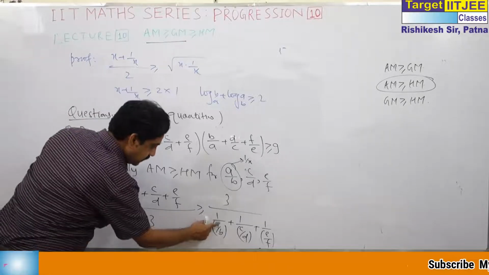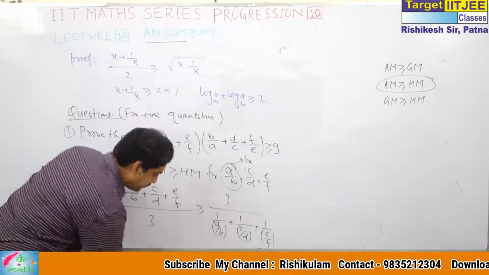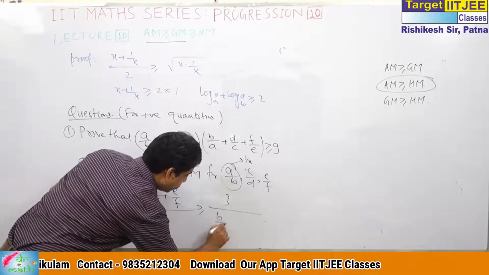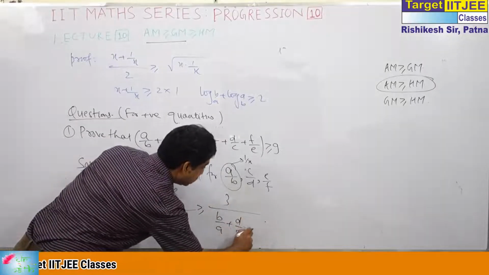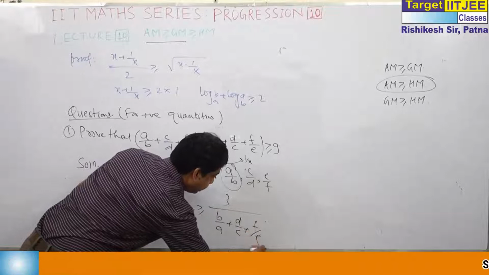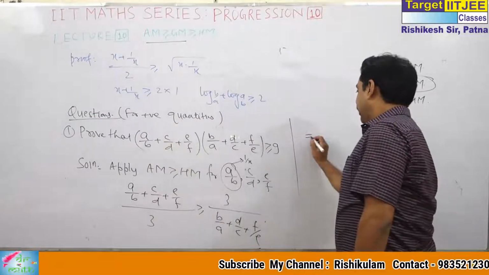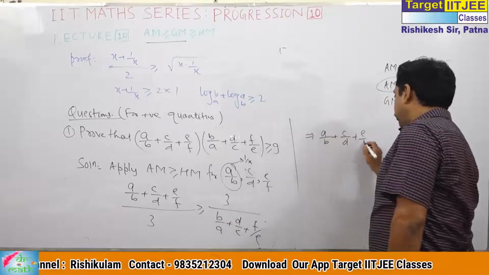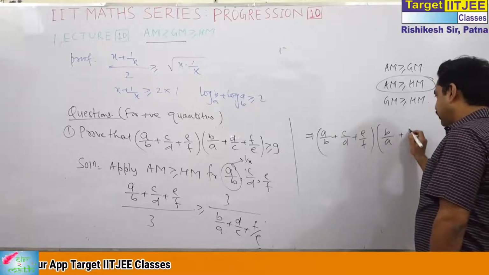What is this? This is actually b by a. May I write directly? So let me write, this is b, 1 by a by b means b by a. This is d by c, and this is f by e. Multiply these two together, you will get this. Multiply these two together: a by b plus c by d plus e by f. Very interesting. Superb guessing game this is.